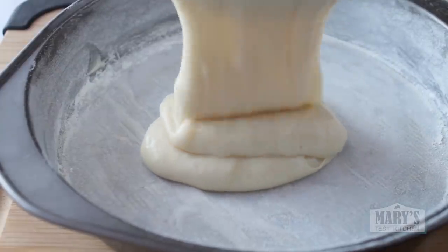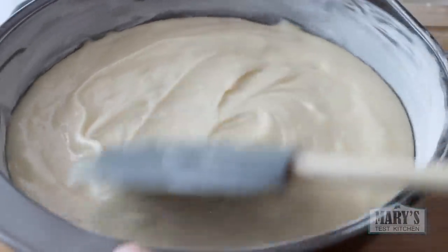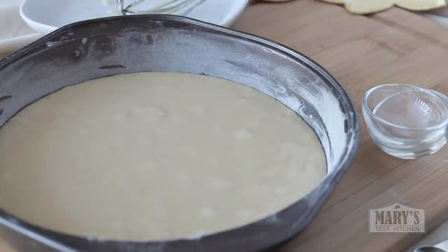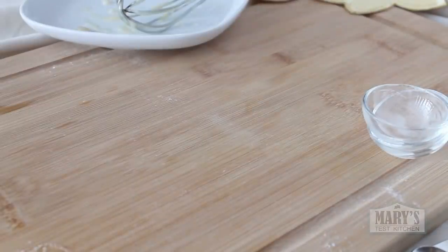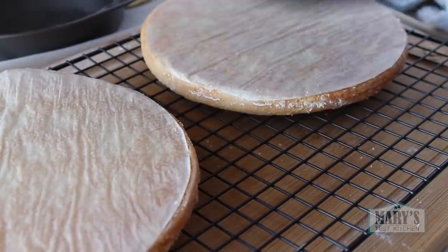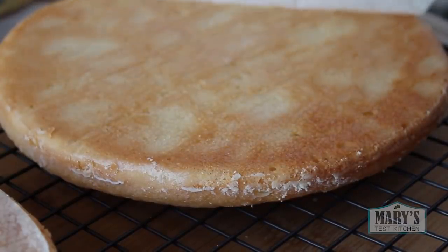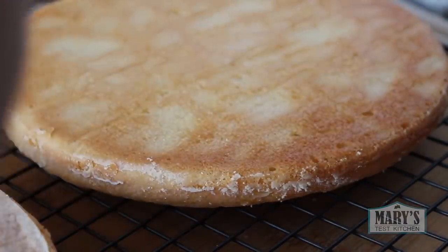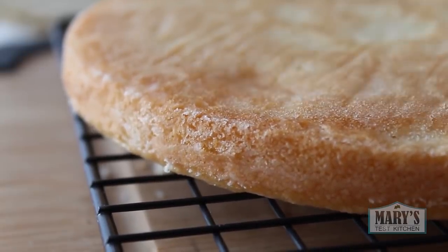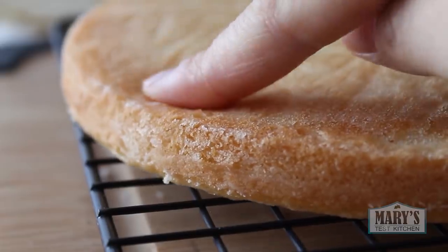The batter goes into the pans, leveled off as much as possible, and tapped on the counter to eliminate any large bubbles. And into the oven, which was preheated to 350 degrees Fahrenheit, so we can bake for 20 minutes. Afterwards, I took them out, breathed a huge sigh of relief when the cakes came out easily and looked pretty darn good. They have to cool completely before icing, so in the meantime, I made some vegan lemon curd to go